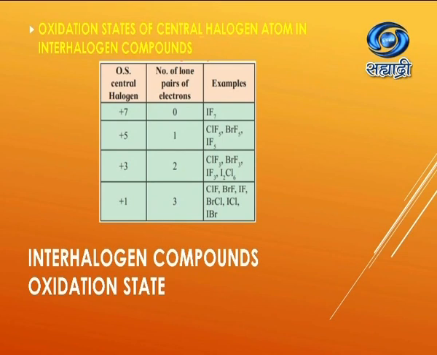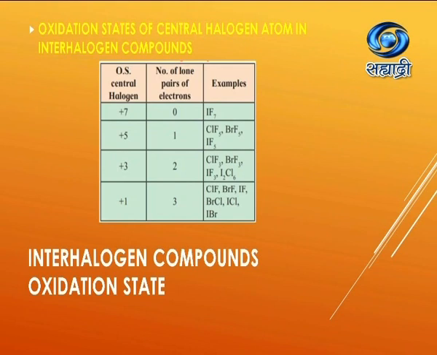So interhalogen compounds are binary compounds of two different halogens. These interhalogen compounds are always neutral compounds. Why are these interhalogen compounds formed? Because of the difference in the electronegativities of the halogen atoms. Now the formula for an interhalogen compound is XX'n. So there can be various types of interhalogens: XX', XX'3, XX'5, XX'7, etc.